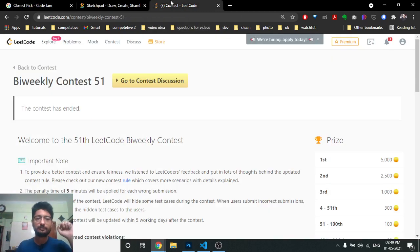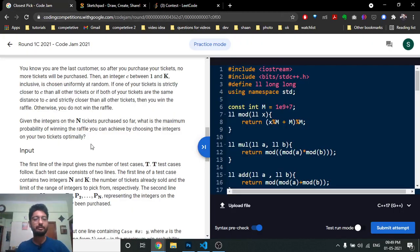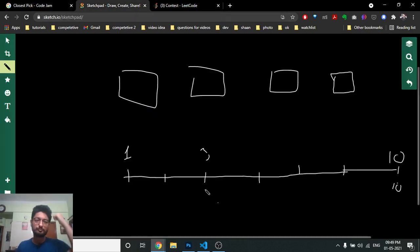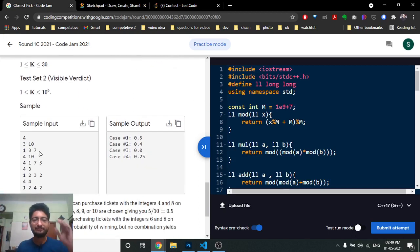So in this problem, what you can easily see is, first try to draw out this example on a number line, because you want to find the closest number so that you have the maximum probability to win. So it means that it's some sort of distance thing. So try to draw it on a number line. As you can see in the first example, there are three tickets, 1, 3 and 7, and among all of these tickets what you can see here is